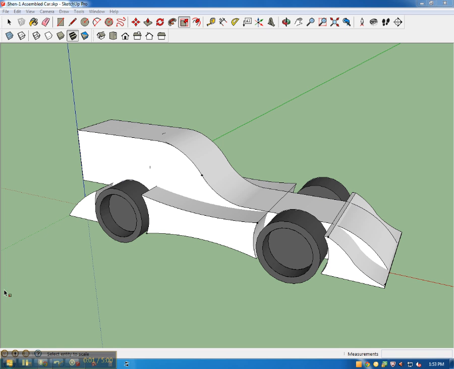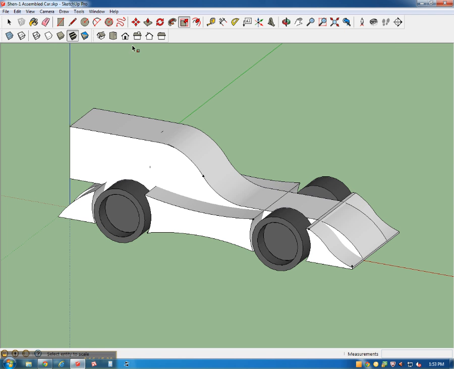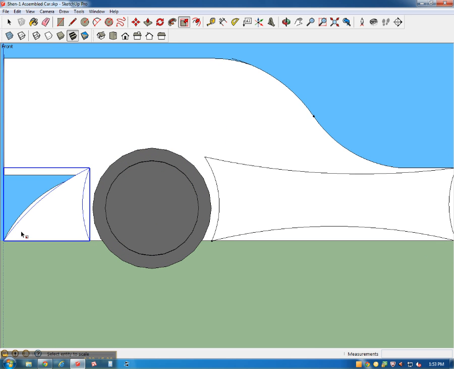Okay, so in this video we're going to show you how to fix any issues you have with parts possibly touching the wheels with your design. So let's go ahead and switch this over to under camera. Let's go to parallel projection, and then let's go ahead and hit on the front view. First thing I'm going to do is zoom in, and I'm going to hit T for tape